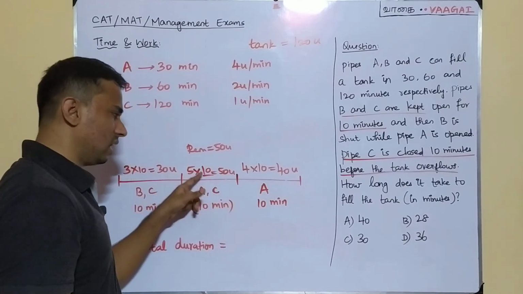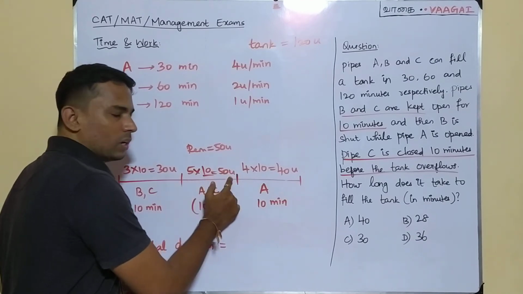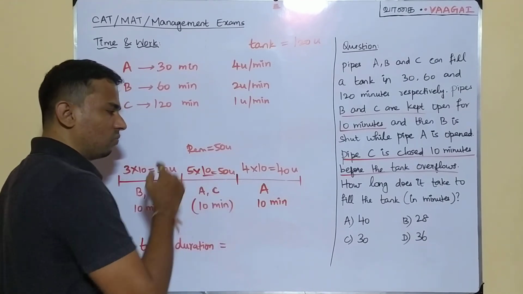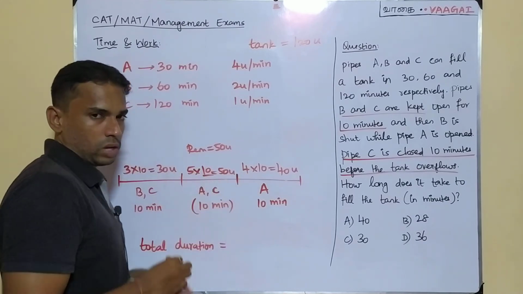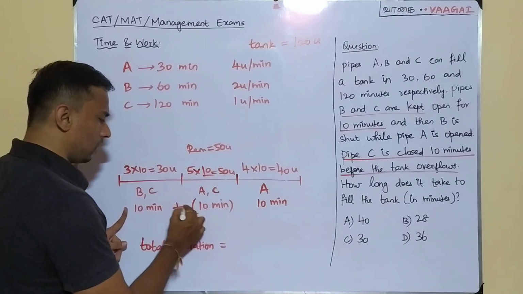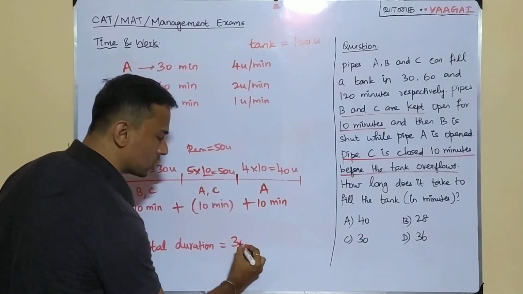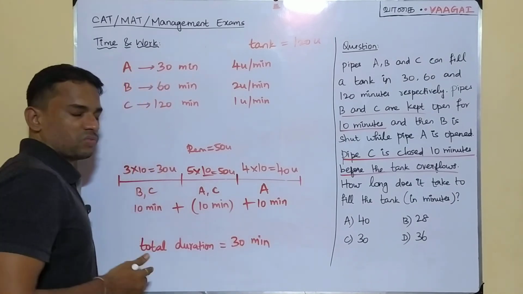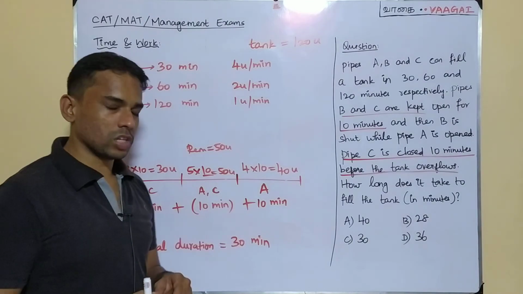Finish, that's it, because 5 tens are is only 50. Why? Because in 1 minute they can fill 5 units. So how many minutes will it take to fill this 50 units? 5 tens are 50, or 50 by 5 will give you 10. So 10 minutes, okay. So what is the total duration? We know there is the first 10 minutes, next 10, next 10. So 10 plus 10 plus 10, 30 minutes. So it is taking a total of 30 minutes for the tank to get fully filled, okay. So 30 minutes is going to be the answer.